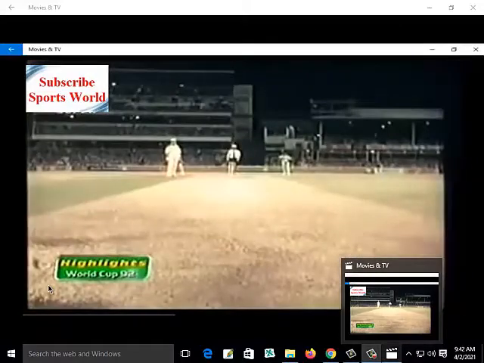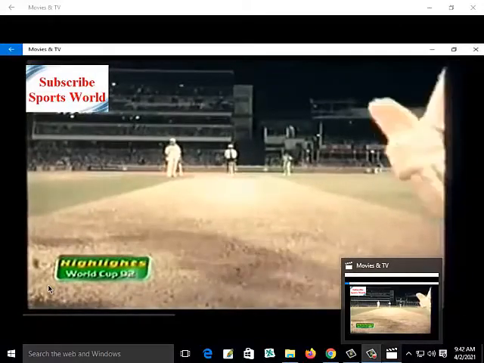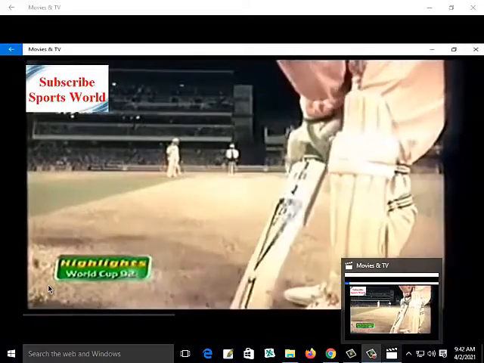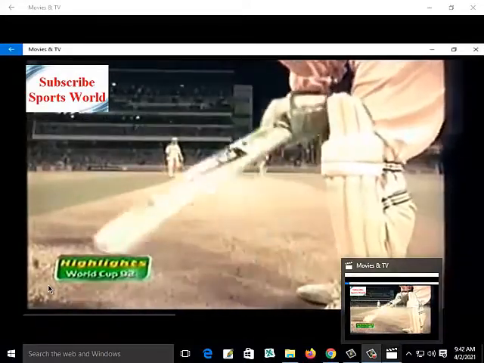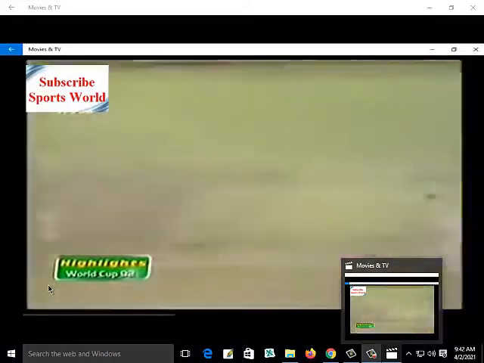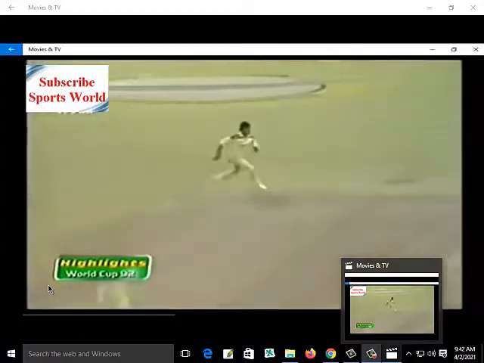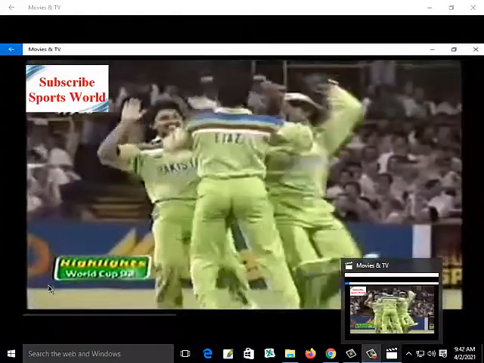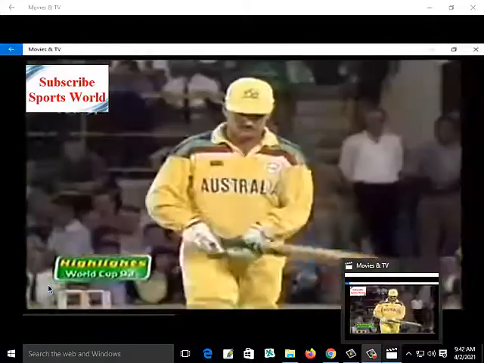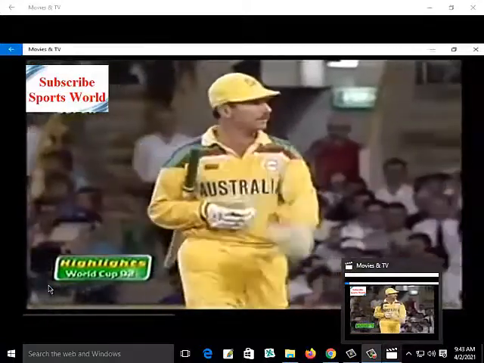Border on strike to the leg spinner Mushtaq. Just 4 men inside the circle, 2 on either side of the wicket. And swept straight to the man at backward square leg. Ijaz is in the right position at the right time. So Mushtaq has struck again.